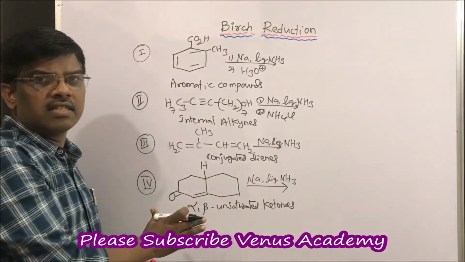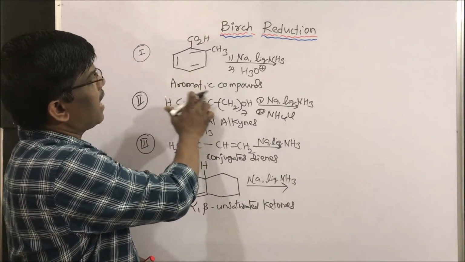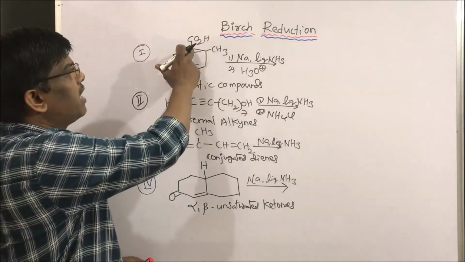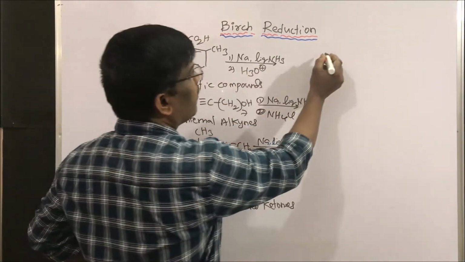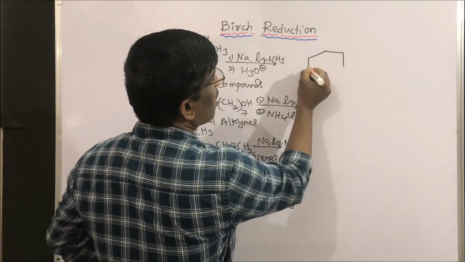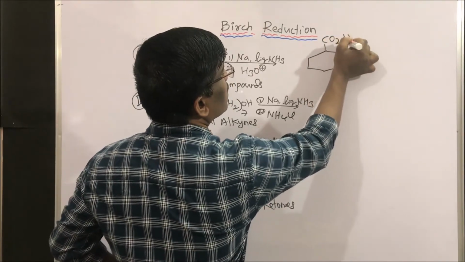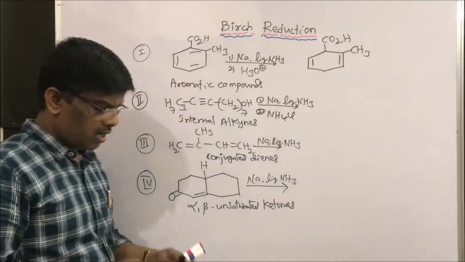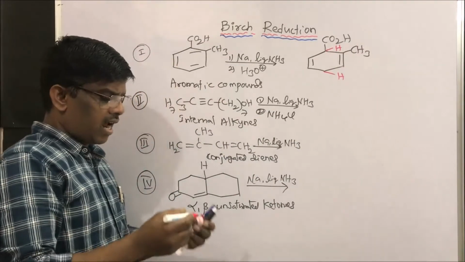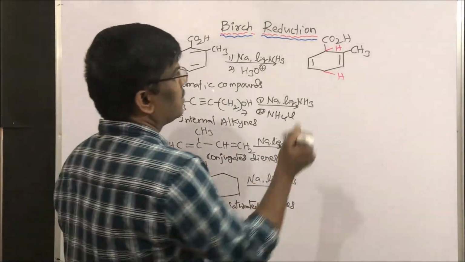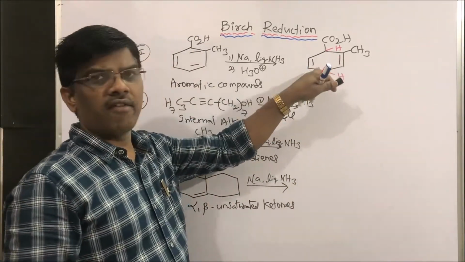Dear students, these 4 types of compounds can be reduced by using the Birch reduction method. The 4 types of reactions are different in nature. Right students? So let us see. Let us take an aromatic compound. This is substituted with one electron withdrawing group and another electron donating group. Let us see the product. Here methyl is there. Here CO2H, an electron withdrawing group. Here double bond. So this is the compound. Hydrogens will come here. So newly reducing hydrogen will come here. Right students? So this is the product of the aromatic compound. Why? Here only I will explain.